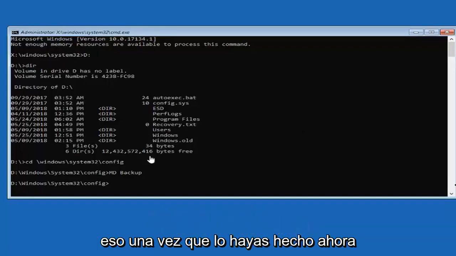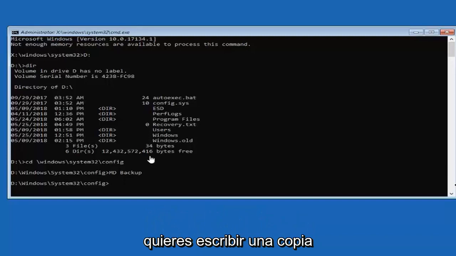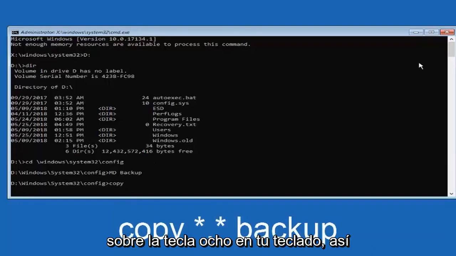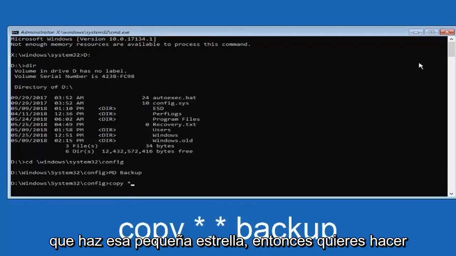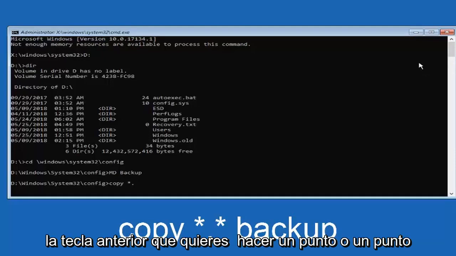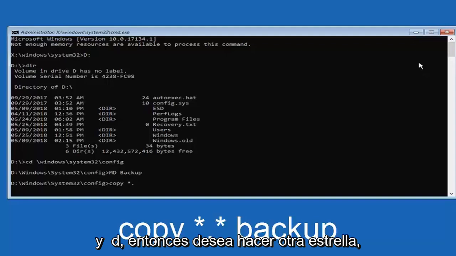Once you've done that, type in copy, then a space, and then the star that is above the 8 key on your keyboard. Then type the period, which is right above the Alt key, and then another star.